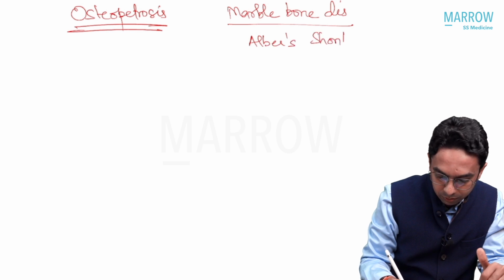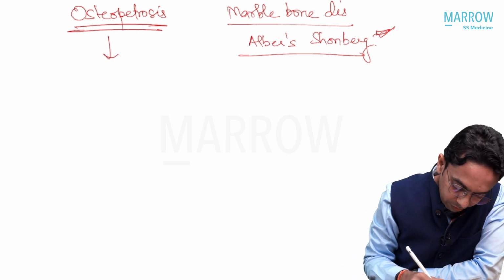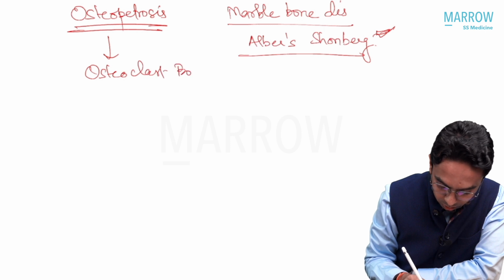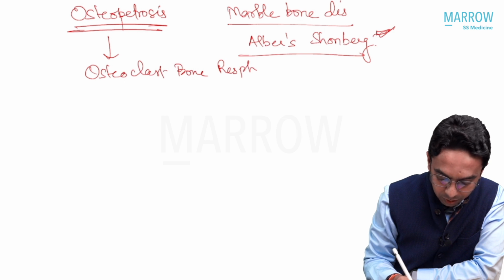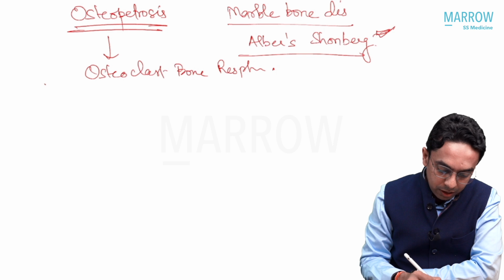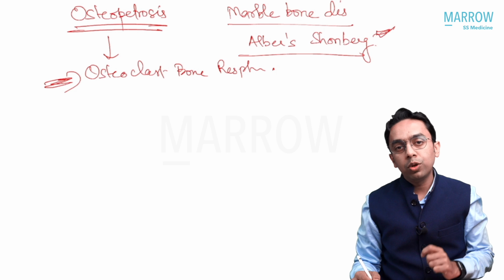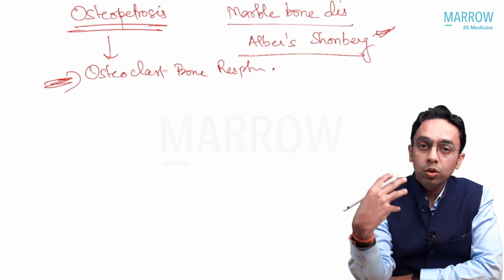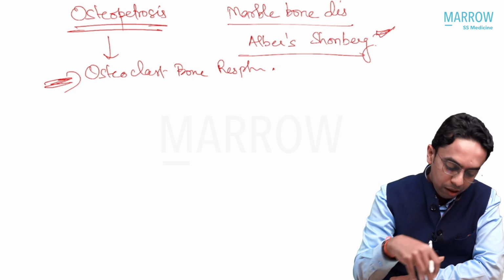and Albrecht-Schönberg's disease. This is in adults, a slightly less severe form. What is the basic defect? The basic defect is that osteoclast bone resorption is defective. So this is the basic defect here. It can be due to various genes, one of which is carbonic anhydrase type 2. The acidic environment required for the osteoclast to function is not generated because of this enzyme deficiency,